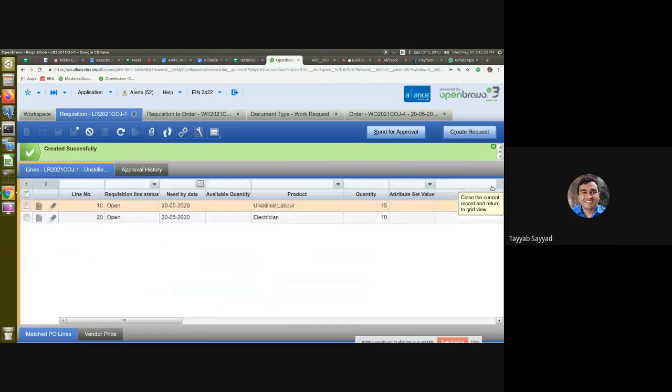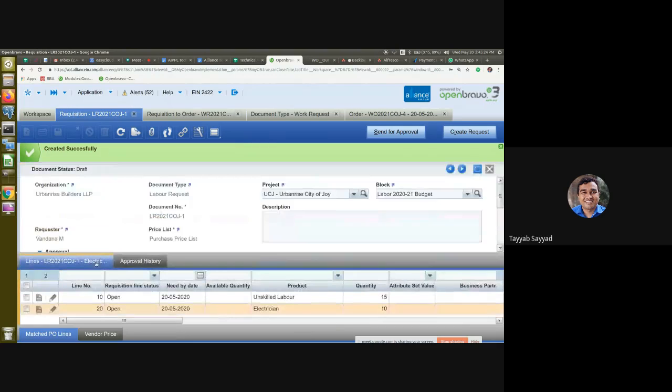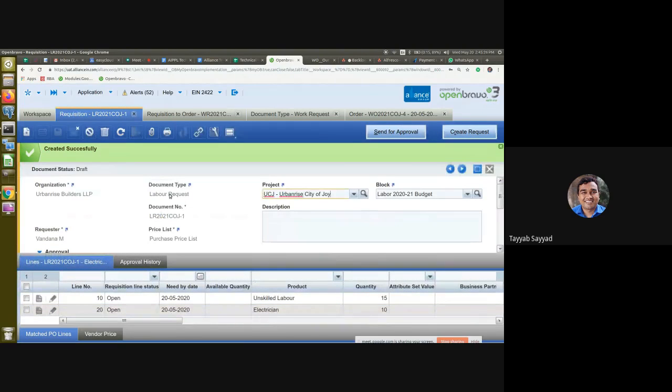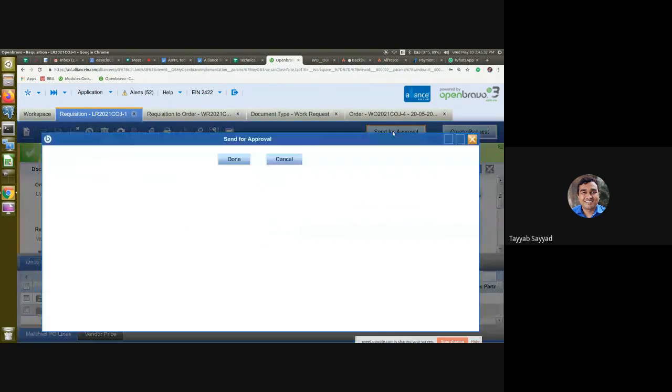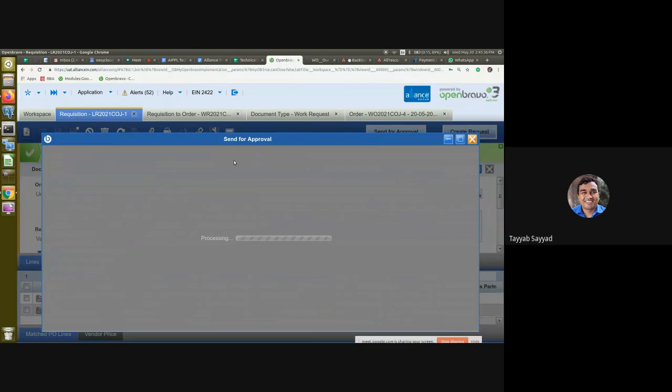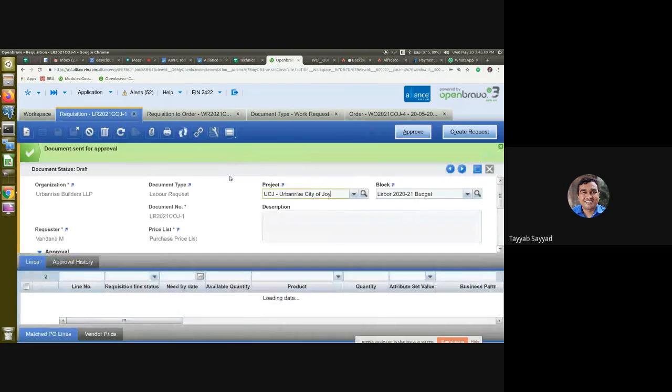After adding this description, I'll send this labor request for approval by clicking on this send for approval button. I'll click on done. So this labor request has been sent for approval.